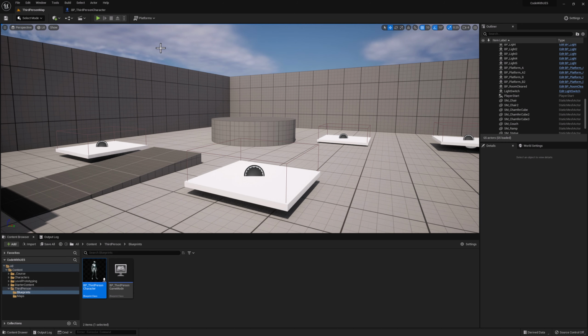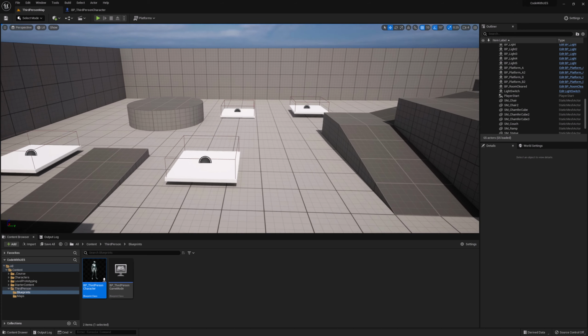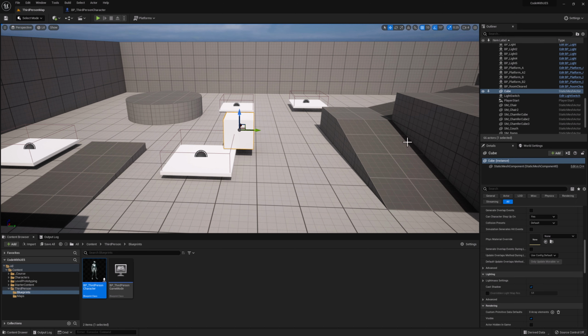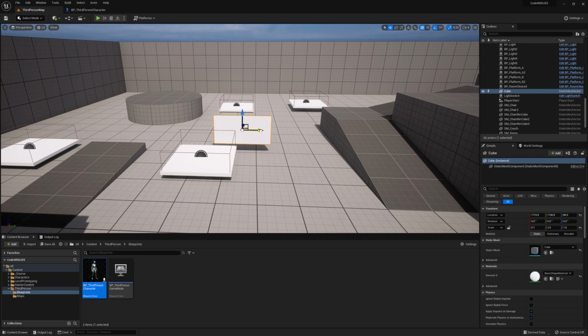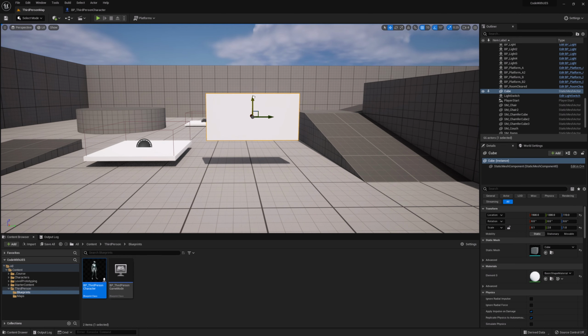For this test, let's actually add some cubes to make it a little bit easier to see the results. So let's go ahead and click on the add menu, shapes, cube. Let's go ahead and resize this. Place it somewhere in the world here. See if this is the right place. Maybe a little bit taller. There you go. And now if we click play,